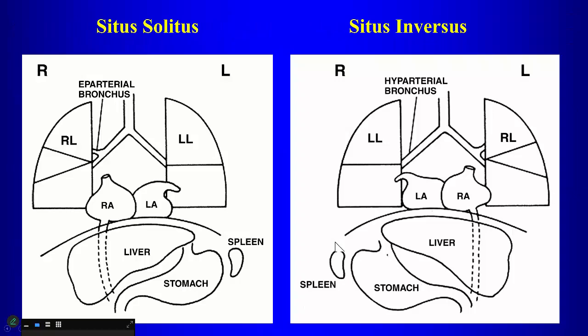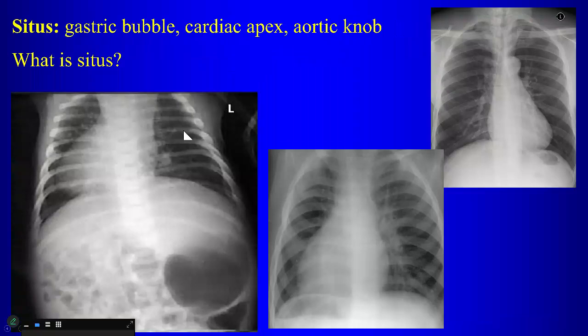But then you can have configurations where it's very difficult to figure out what's going on. It looks like we have a midline liver. It looks like the stomach is here. The heart, what's going on with the heart? Very confusing. So the term used when the configuration of the organs is confusing is what? Situs ambiguous, right. And when we get to situs ambiguous, there are two major syndromes associated with it, and those are